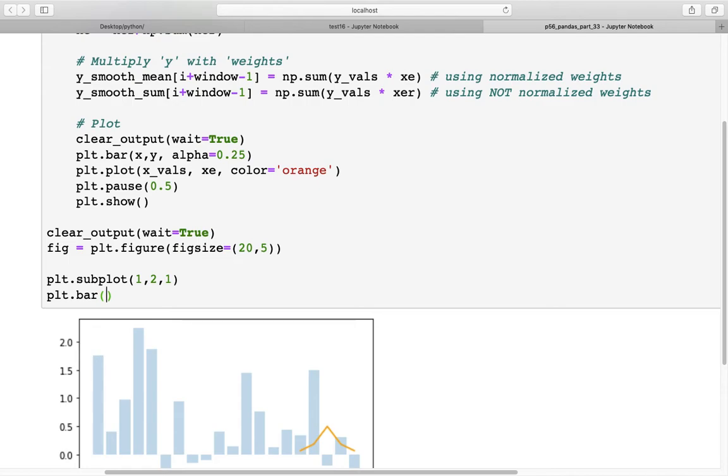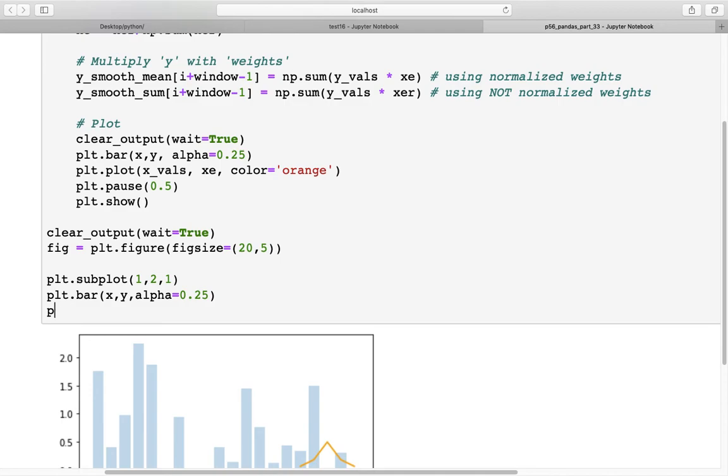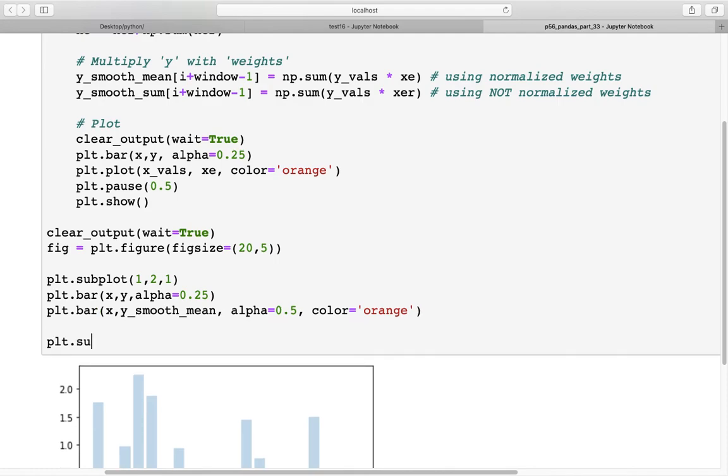plt.bar. So this is the bar which will have the original data, which is set to alpha of 0.25, and then we have plt.bar. This is the new calculated smooth data, so smooth_mean, and here we will set the alpha equal to say 0.5 and color is equal to orange. Okay, and then the second subplot adjacent to it will create